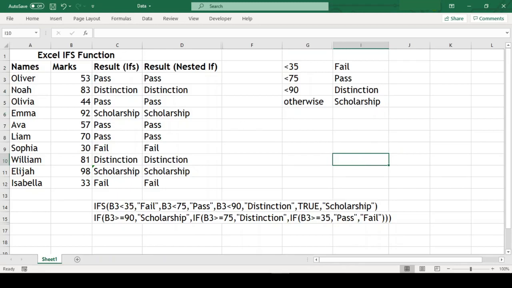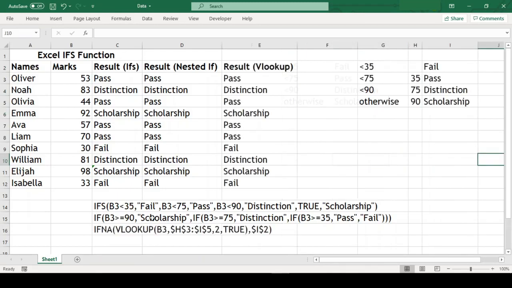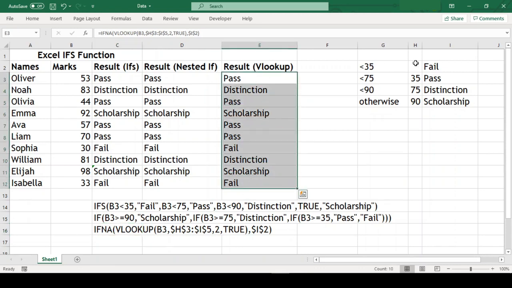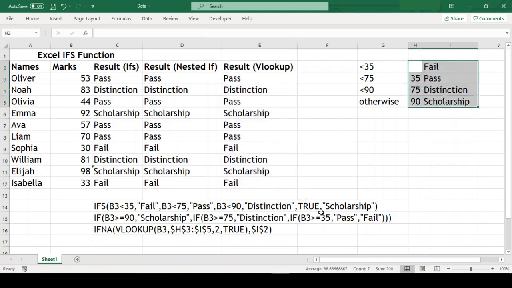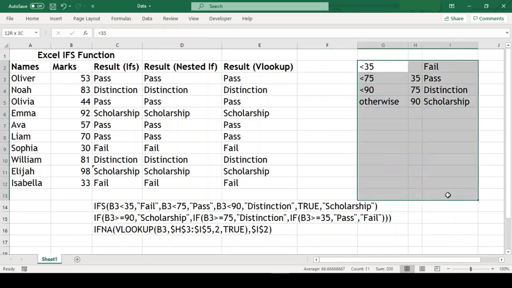Now before I conclude, let me give you a bonus tip. We can even use the VLOOKUP function along with IF and instead of IFS or nested IF. As you can see here, I have used VLOOKUP in this column and our condition is used as the lookup array, which is finally wrapped in the IFERROR function. When we compare this formula with our earlier two formulas, the length of this formula is almost half, and the best part is this will continue to remain of this size and won't increase with the increasing conditions.